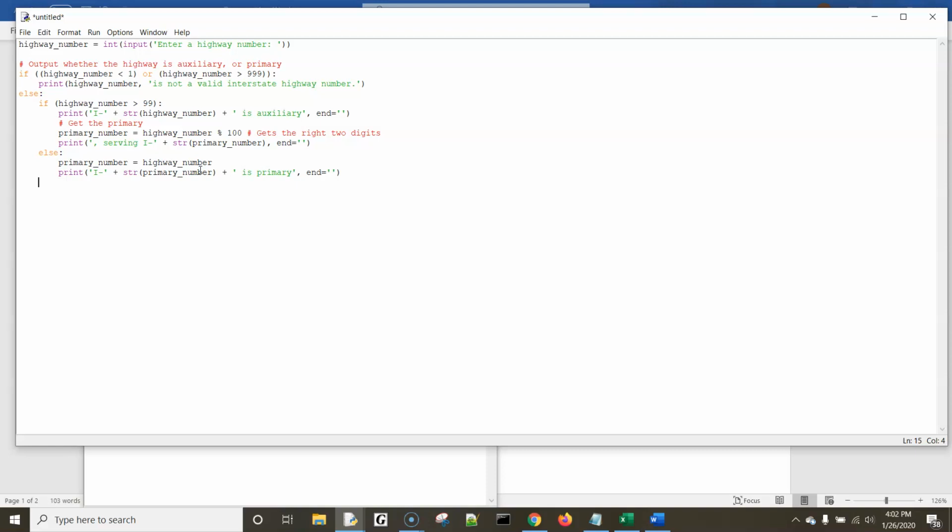Now after it does that first if-else, we need a second if-else. And within this if-else, we're going to check to see if it's north-south or east-west. In order to do that, we can just go ahead and use the mod function again. So we're going to check mod 2 equals 0. So if it is even,